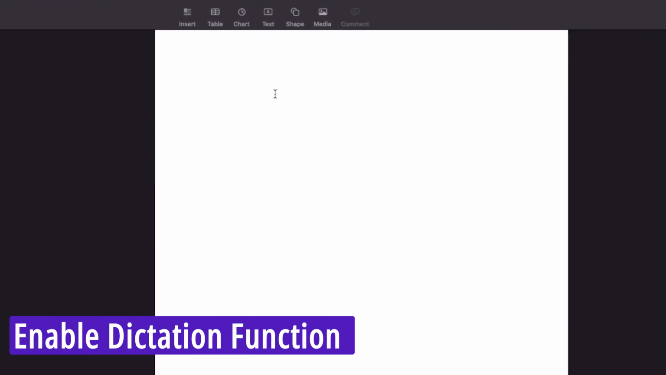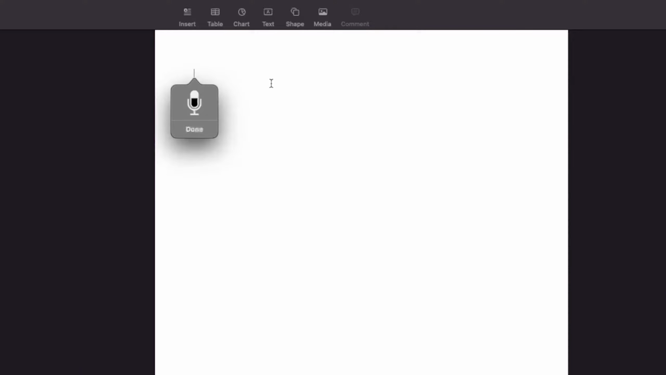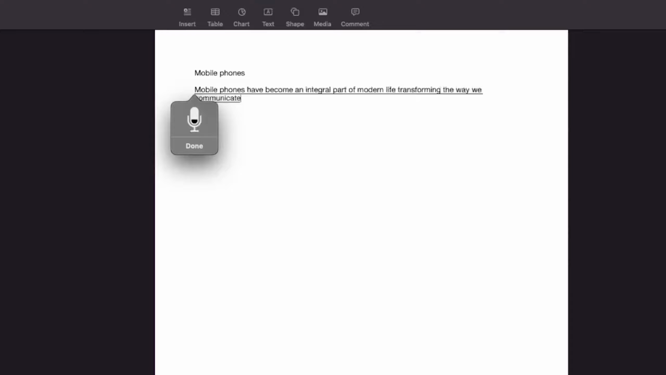Now coming back to our topic, I wanted to write an essay over mobile phone. So let me quickly write it here. So again, in order to activate dictation function in Macintosh, you need to press the same button, which is Control or FN. Mobile phones have become an integral part of modern life, transforming the way we communicate, work, and